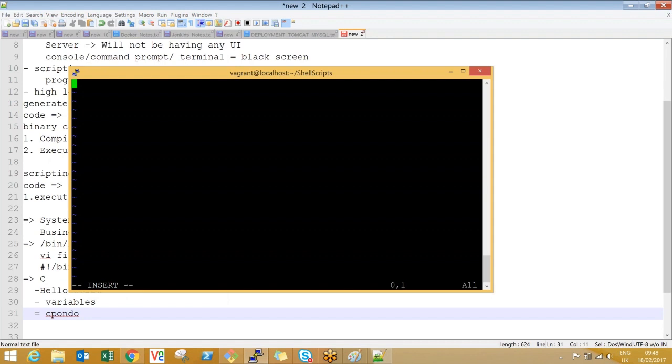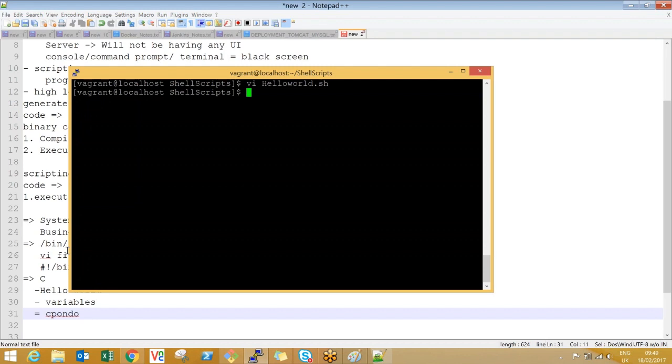Okay, and this is a very lightweight language. It's not a tightly coupled one. We can write the statement directly without starting like void main. You don't have any kind of a starting and ending. The first line itself, you can start writing the code. Okay, echo hello world. That's it. Your first program is ready. Echo is nothing but print something.